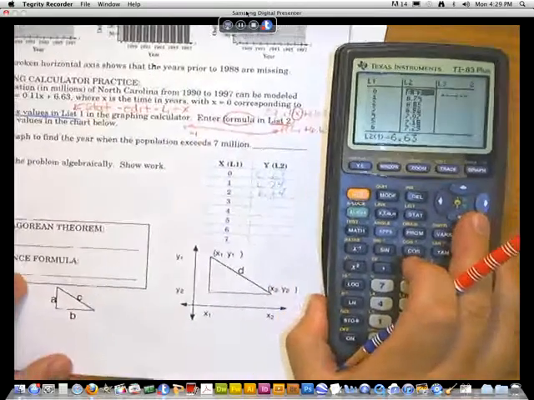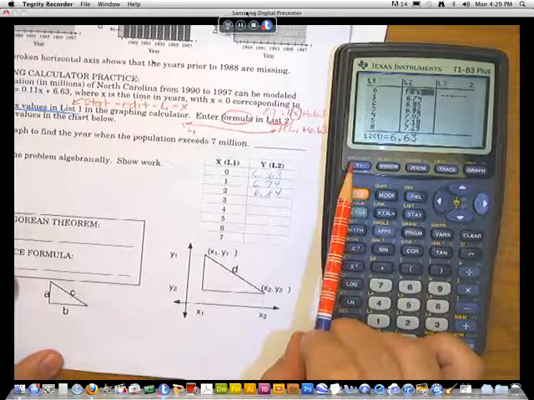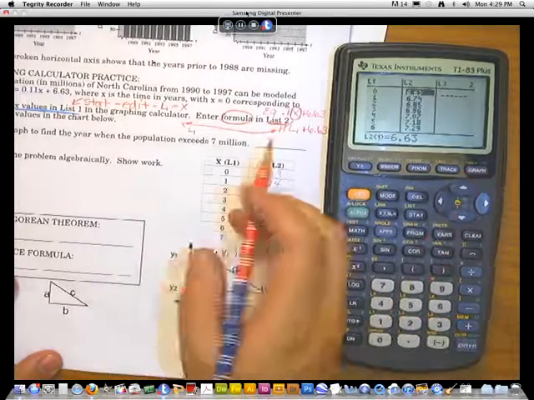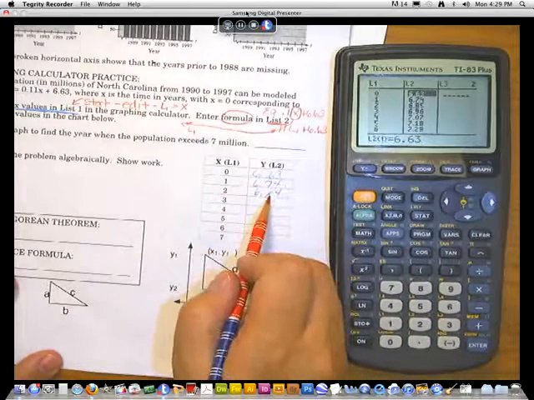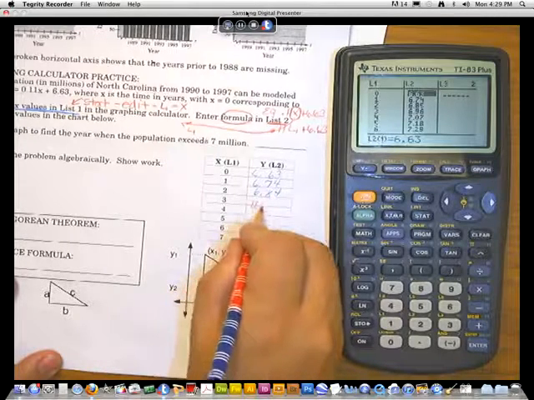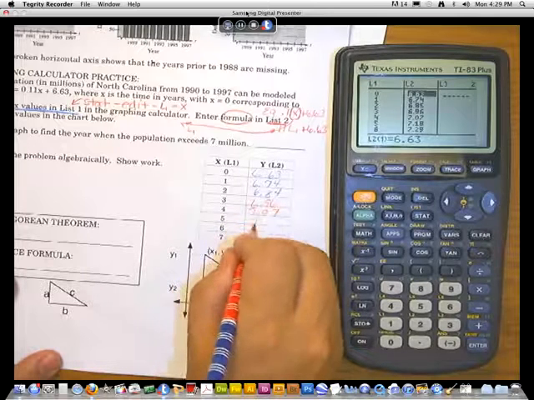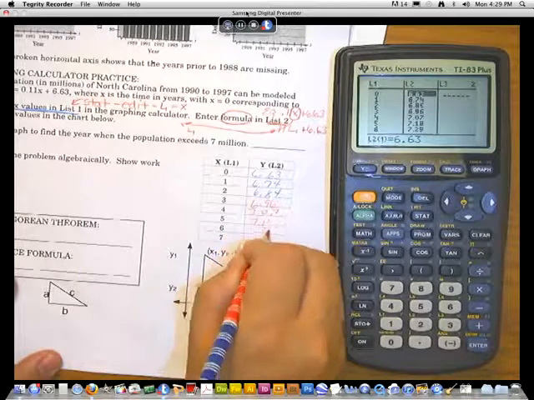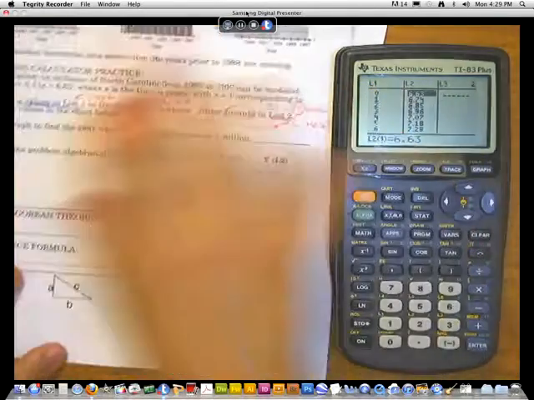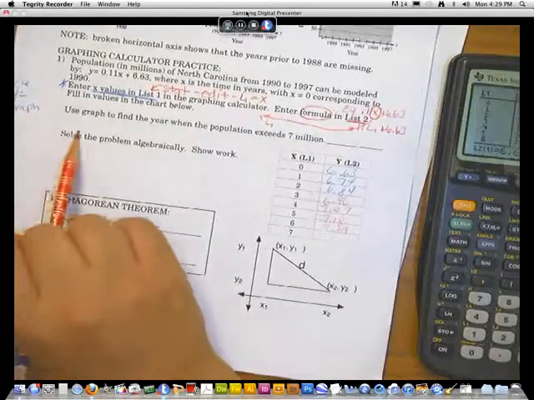Notice the values that are coming up in list 2 are the same exact y values that we got when we graphed the table. We can finish filling those in. That's just a rounding thing, so 6.96 you could put in, 7.07 for 4, 7.18, 7.29. We can look at this multiple ways of inputting the exact same data. Algebraically,